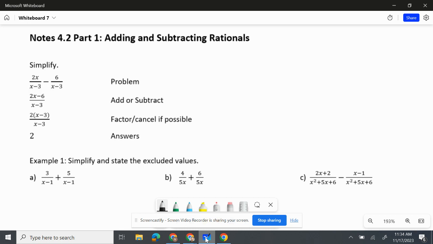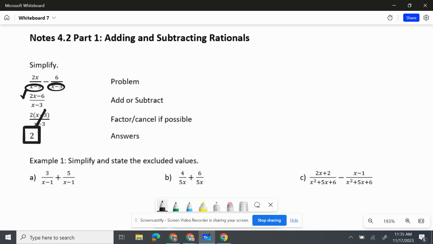What we're going to do is add and subtract rationals. This first part, we're going to be looking at common denominators, and in each of these cases, we're going to have common denominators. So we have an x minus 3 and an x minus 3. So when we have a common denominator, in this case, we're going to subtract, and we get 2x minus 6. We factor out the 2, and what we notice is that we have an x minus 3 over an x minus 3. So what's going to happen is we're going to cancel,